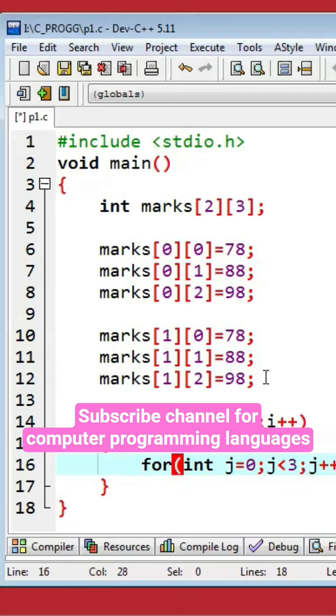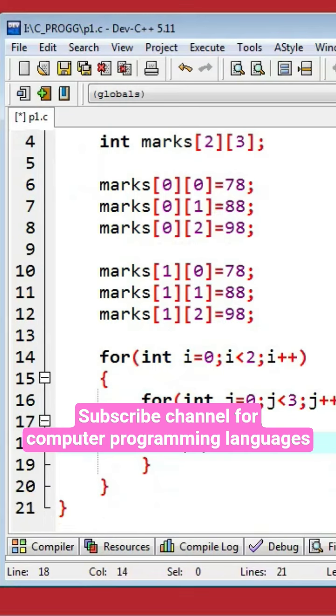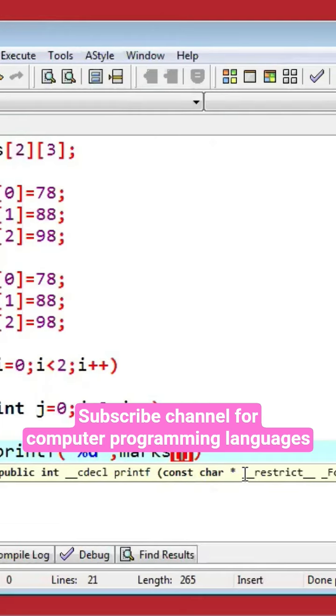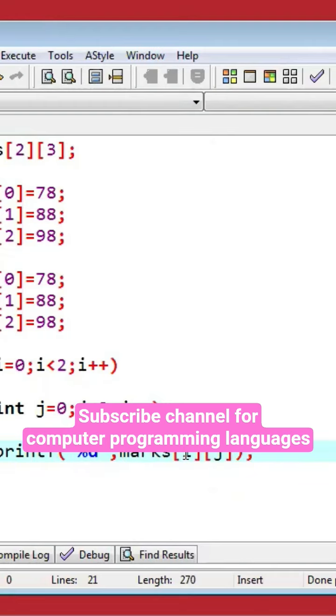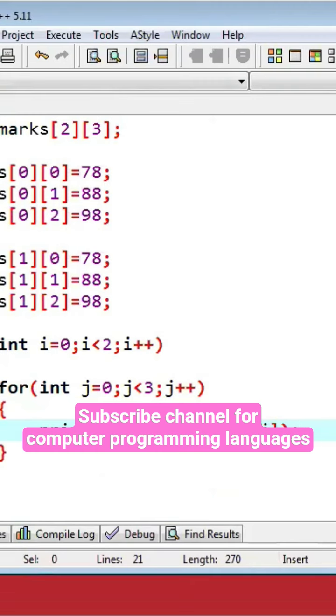And then I will be writing in the nested for loop the printf statement for printing the array elements. And because it is integer type, I'm using the percent d format specifier, and I will be writing the variable name as marks to be substituted, that is the array name as marks, and the first index will be denoted by i, that is the row index by i, and the column index I'm taking as j. So this will be printing all the rows. Now every time I want to print it in a new line, and just